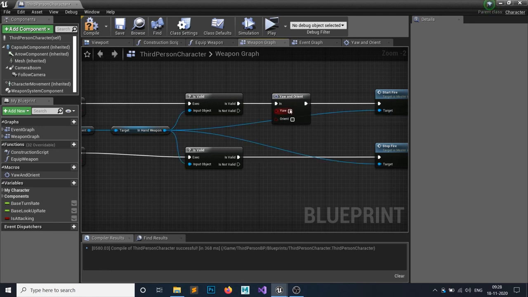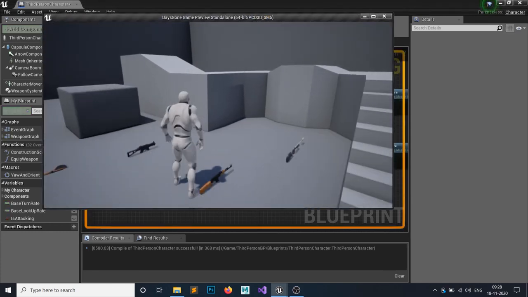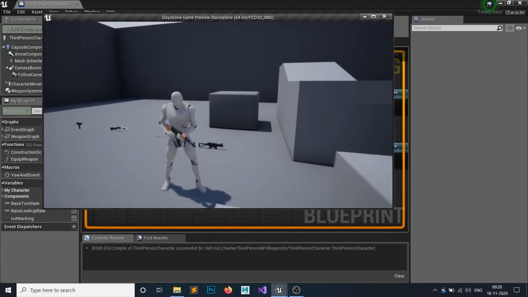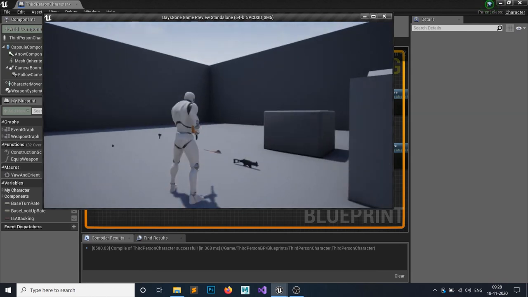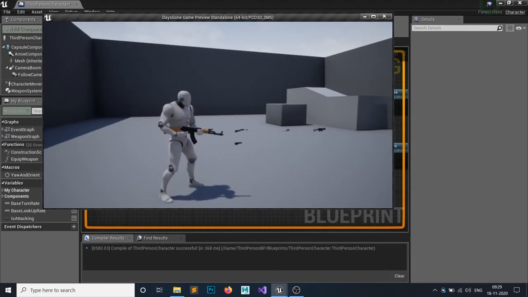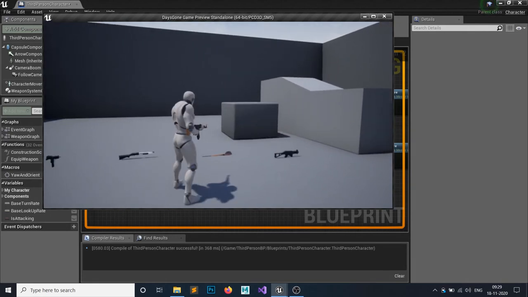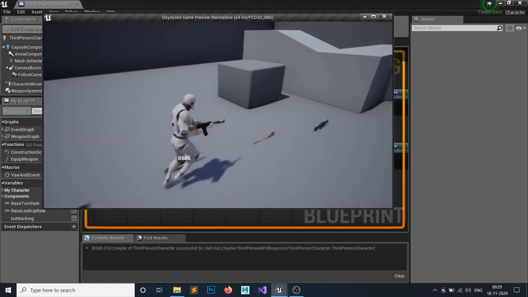So when I shoot, I want to use the yaw, and when I don't shoot, I want to use the orient rotation. Okay, so now as you can see, if I face toward this direction and I shoot, the character is facing towards that and then goes back after it's done shooting. So as you can see, it is working. Same thing we have done, you can add the range and the weapon shooting part to all of the guns for different ones.